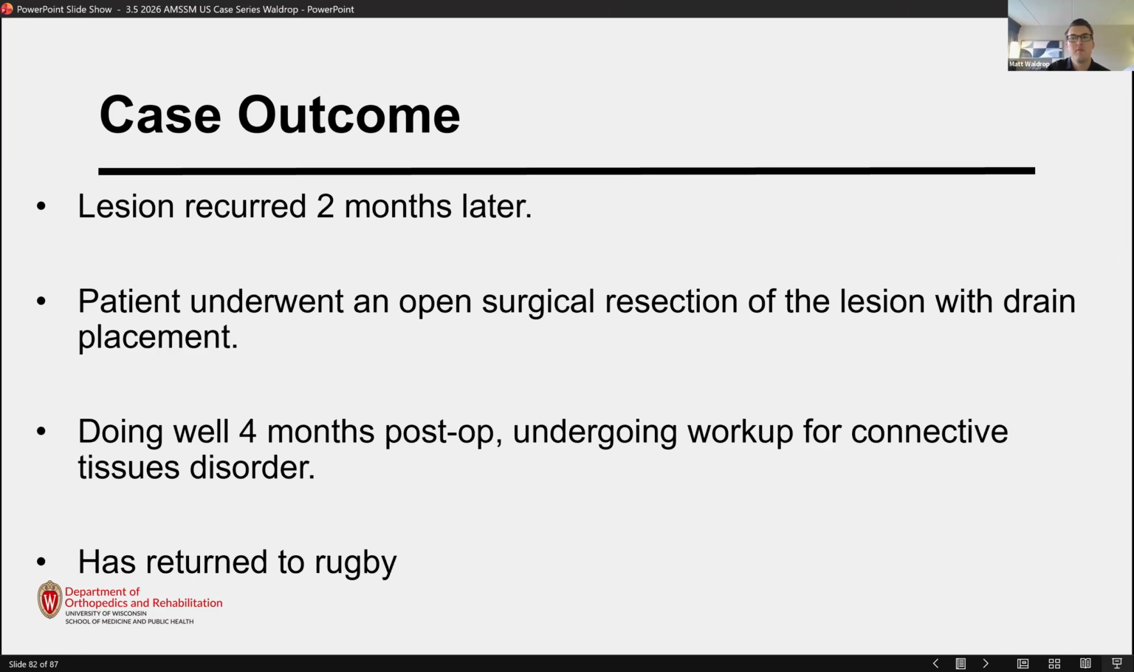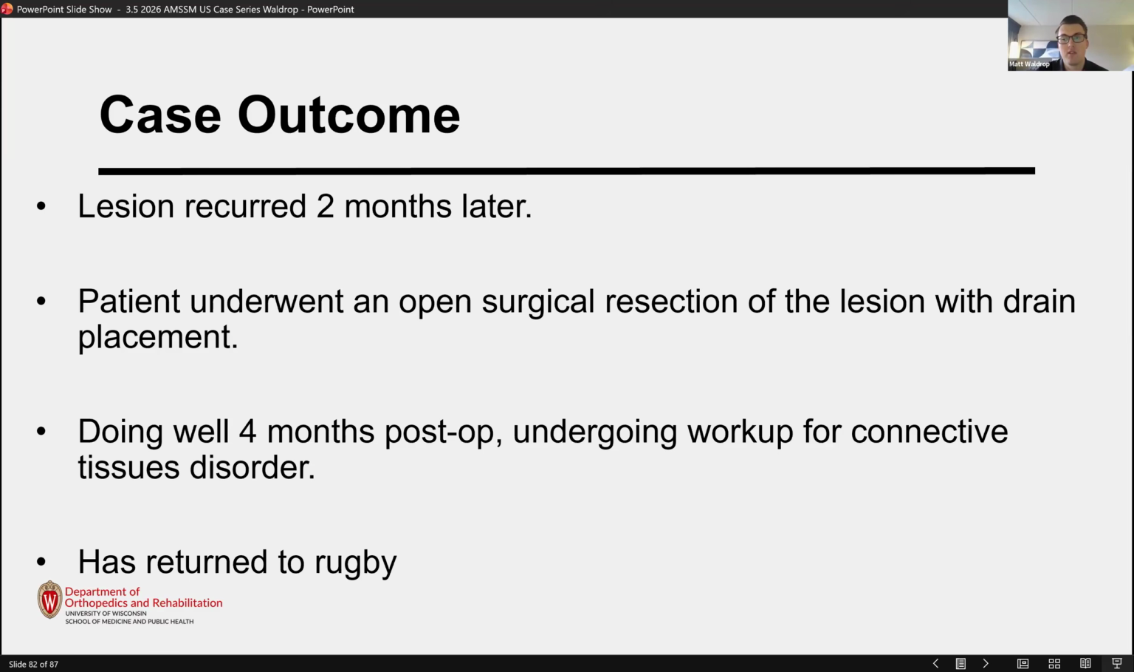Unfortunately, despite the repeated aspiration with steroid injection and the trial of the doxycycline sclerodesis, it did recur 2 months later. And at that point, we were nearing a year after the initial injury itself. So she ended up seeing one of our surgical colleagues who did an open surgical resection of the lesion with a temporary drain replacement. She's actually now doing well about 4 months post-op and has not had a recurrence of